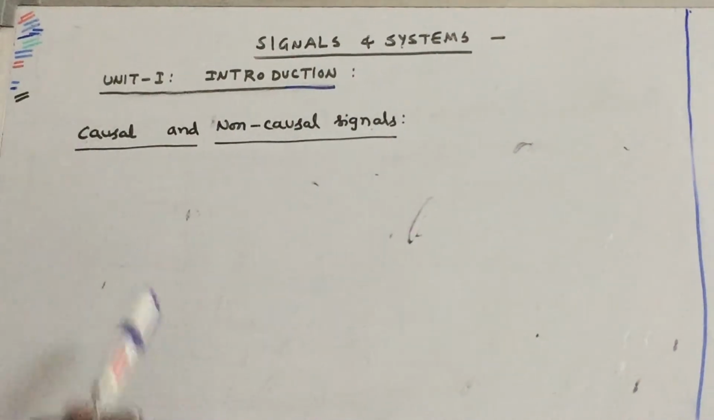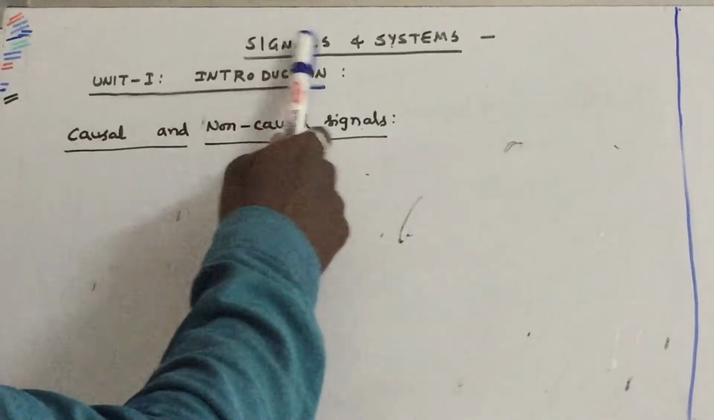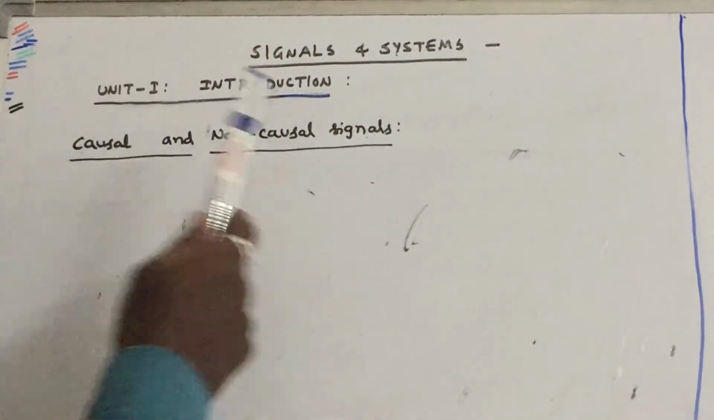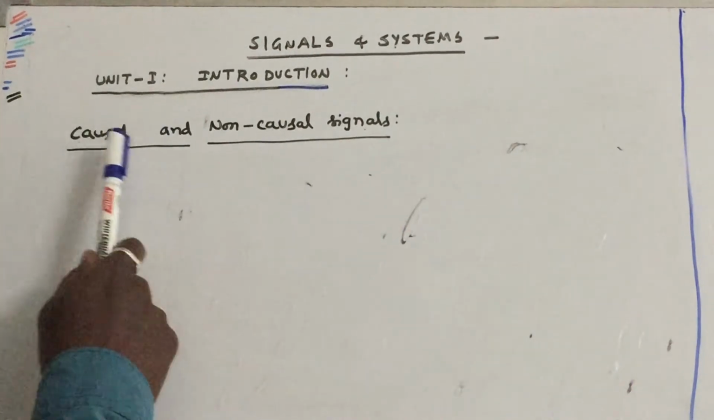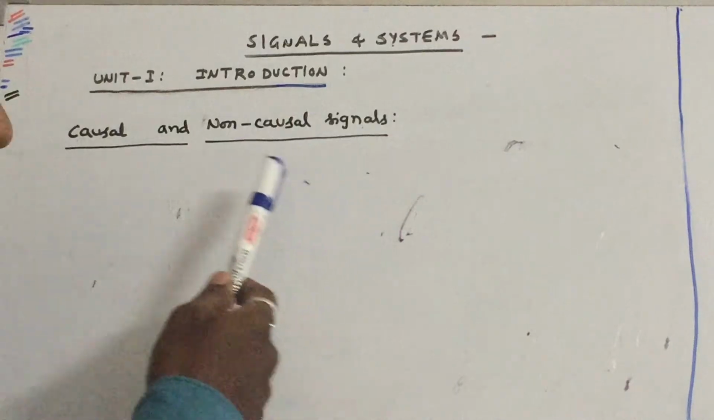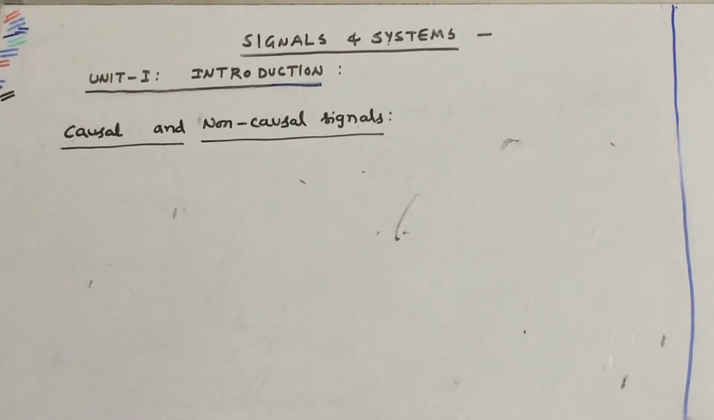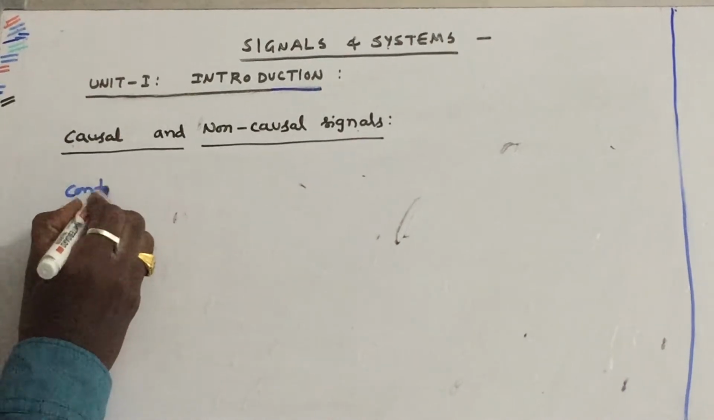In this session, we will discuss causal and non-causal signals from Unit 1 of Signals and Systems. Very important definition, very important short answer question also. Let us define what is causal and non-causal signals for both continuous time signals and discrete time signals. So, let us see for continuous time signals,